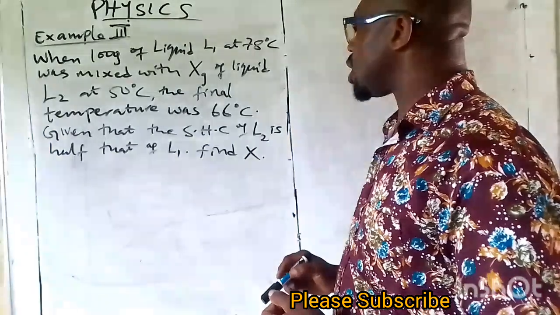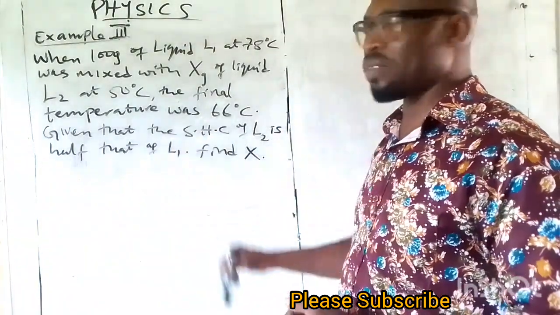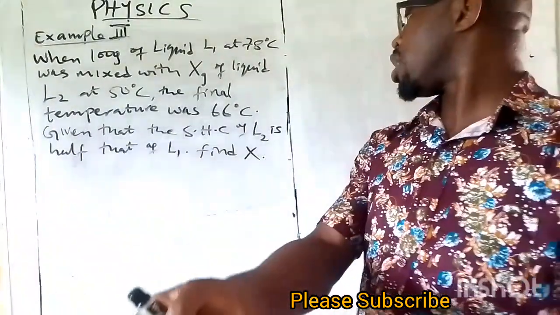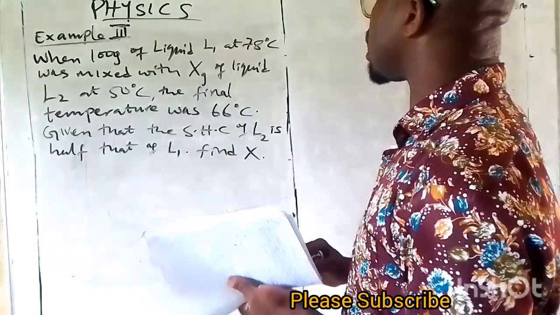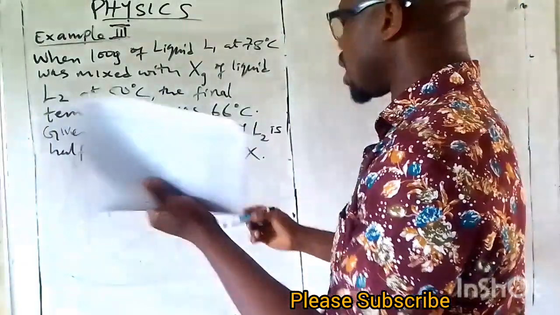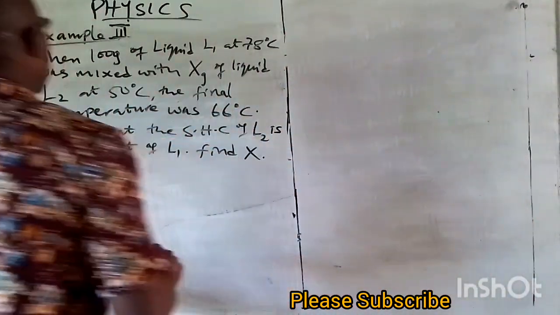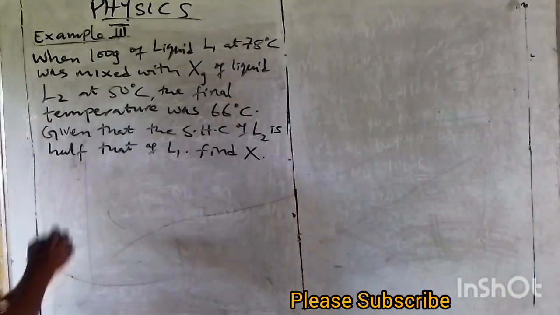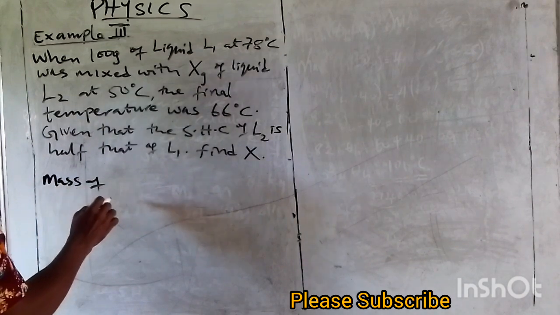Given that the specific heat capacity of L2 is half that of L1, find X. Now, there are two liquids here, L1 and L2. So we have mass of